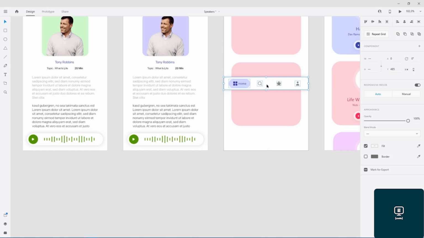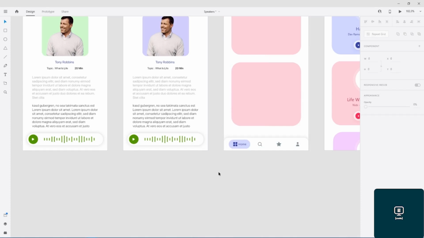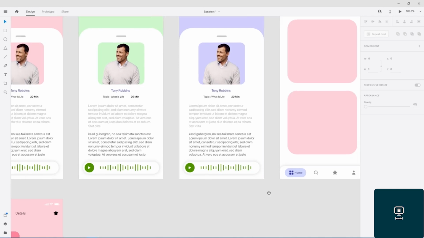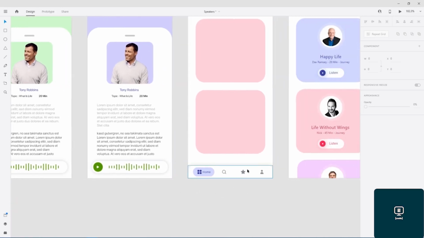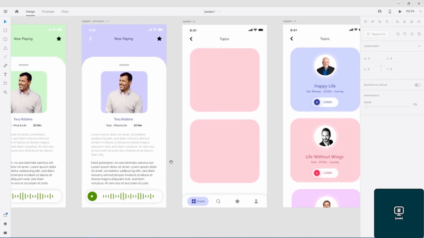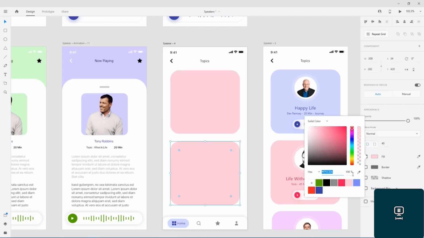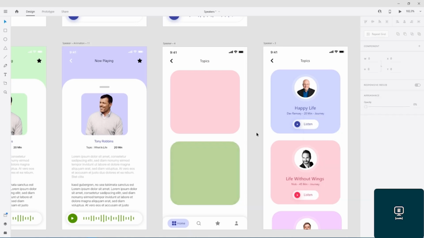I delete this item and set this over here. Okay, and I set the name of this page as topic. Now I imagine this section of the menu is the topic. Okay, so after we have designed these, we get to the menu. I change the color to green with the minimum of the color, and now the items